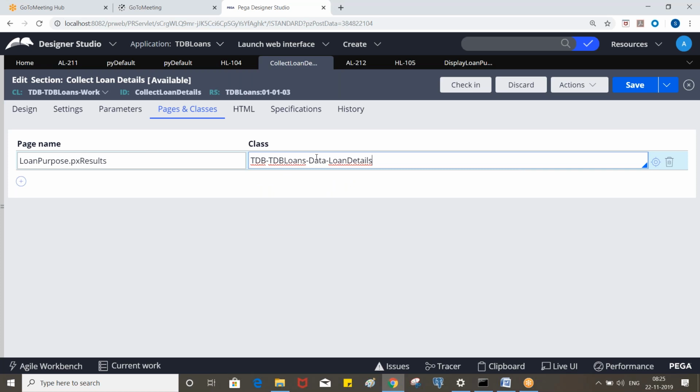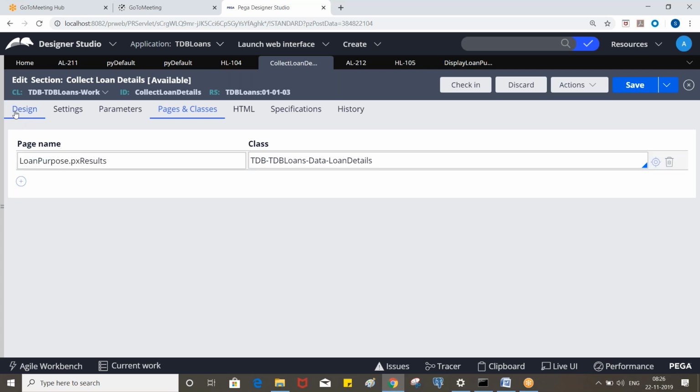Clear? It's not mandatory, like you again put loan purpose by referring to the Code-Pega-List. If you specify or don't specify it, nothing will happen. But you need to specify it like this, loan purpose dot pxResults, referring to the corresponding class.